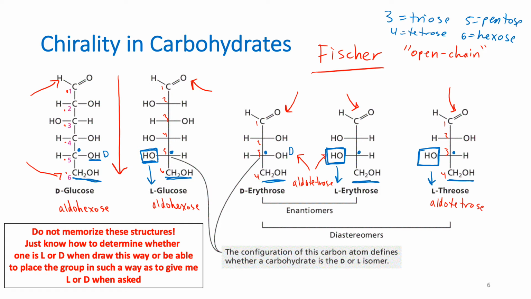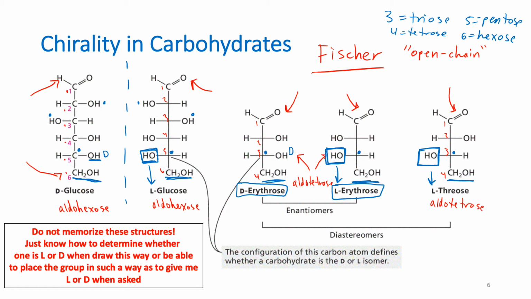Now, in carbohydrates, let's focus in on L and D glucose. Notice that they are enantiomers of each other. So let me delete this red line right here. And let's act like this is a mirror. Hopefully you can see that it's the exact mirror image. This OH is on the right. This OH is on the left. This OH is on the left. This OH is on the right. And you can go down the line. And so L and D glucose are enantiomers of each other. You can see the same thing here with the erythrose series right here. L and D erythrose, they're just enantiomers of each other.